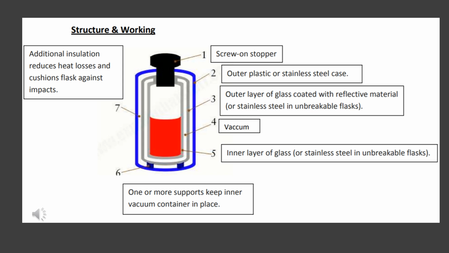So the outermost layer prevents the inner layer from any kind of heat loss. So if you touch a thermos from outside, it will not appear hot or cold depending on what you have kept inside. You won't realize how hot the liquid is inside. So this is the outside insulating cover, or you can say the outside layer of the bottle.